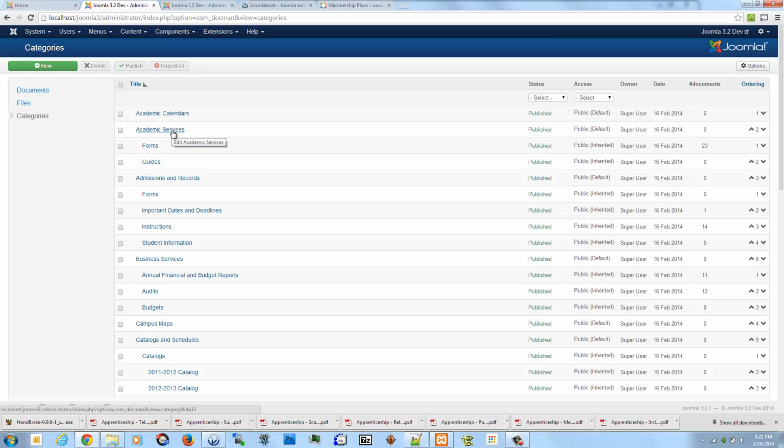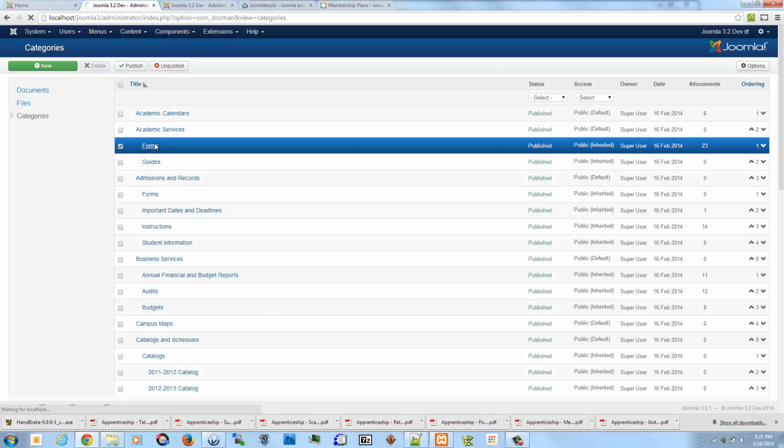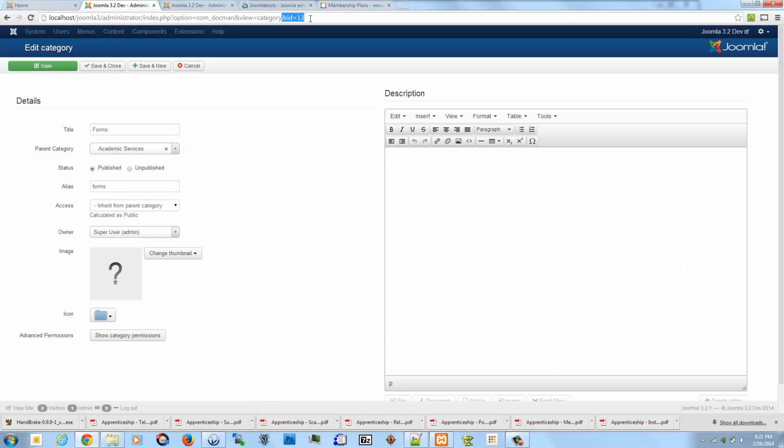So you can do that quickly, or additionally, you can actually click on the category to go to its edit page, and you can also see the ID listed right there. So this ID number is all you need to use the DOCman List plugin properly. So as an example,